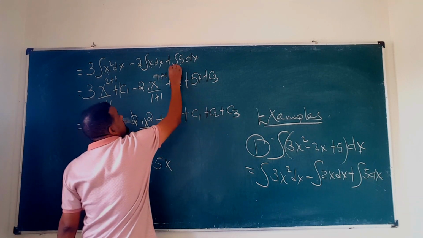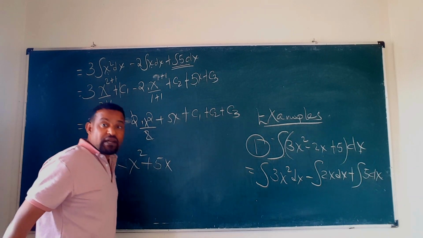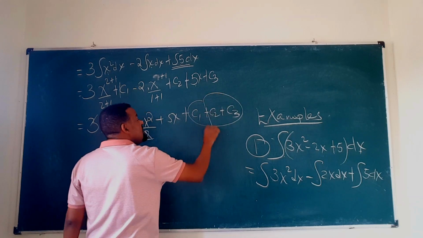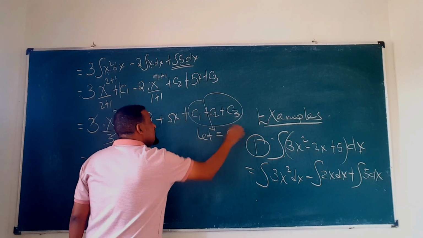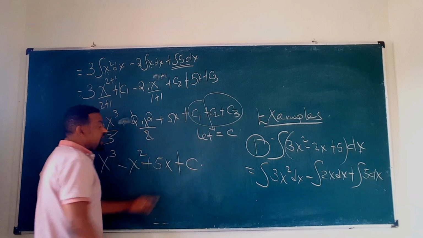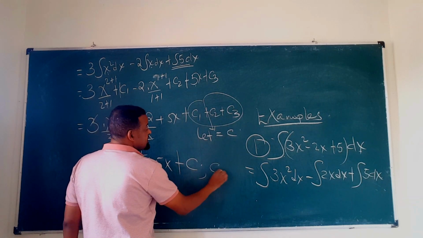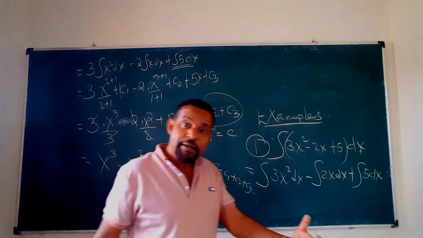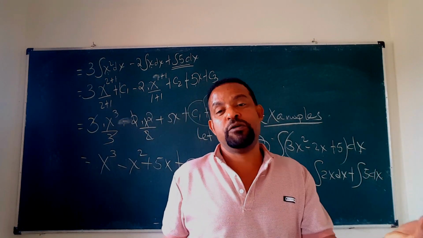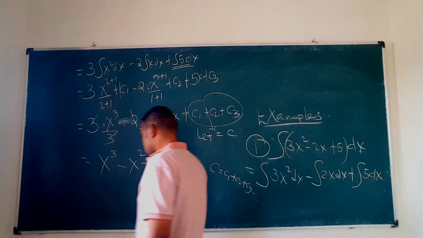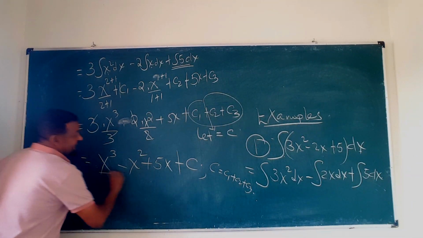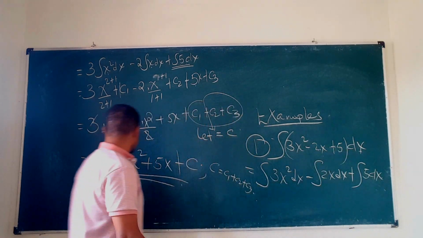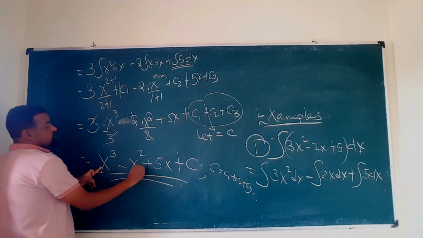This 5x, the derivative of any constant k is kx plus c, as we said. Okay. Now look, what do we call all these c's? Let this be c, so plus c, where c is c1 plus c2 plus c3, because constant plus constant is constant. So the integral will be what? The integral of 3x squared minus 2x plus 5 dx is given by x cubed minus x squared plus 5x